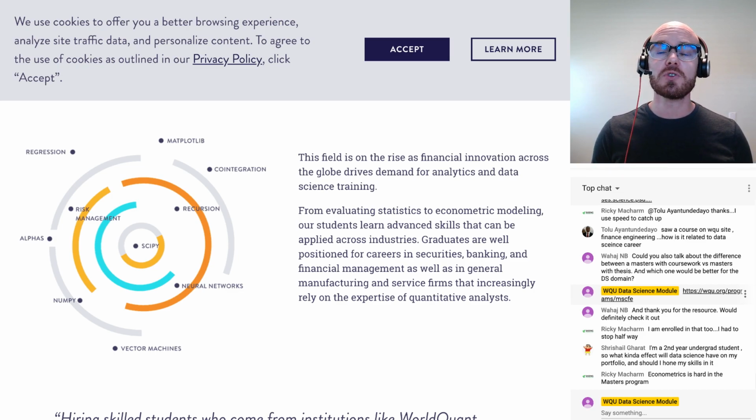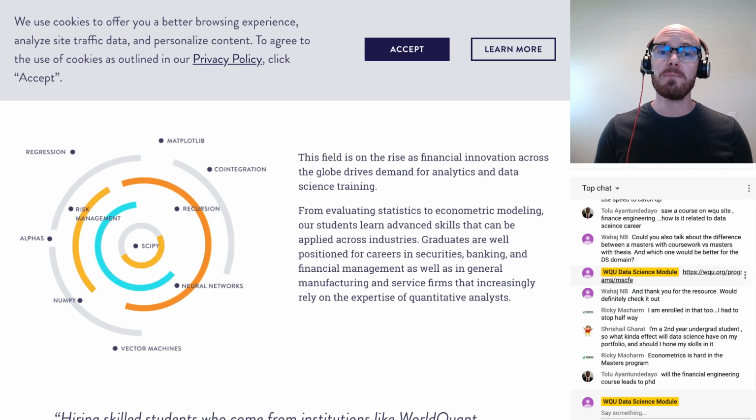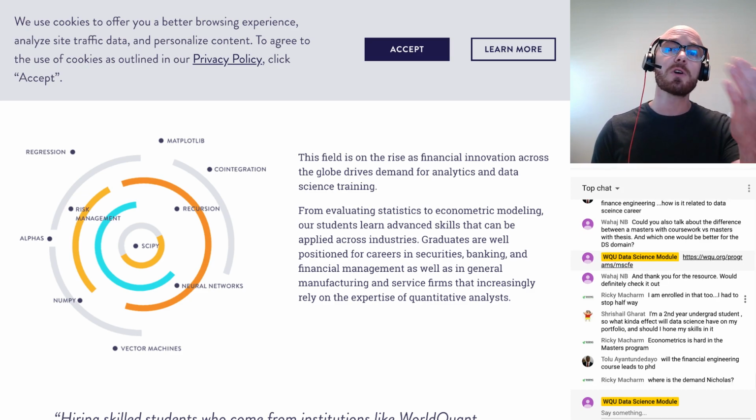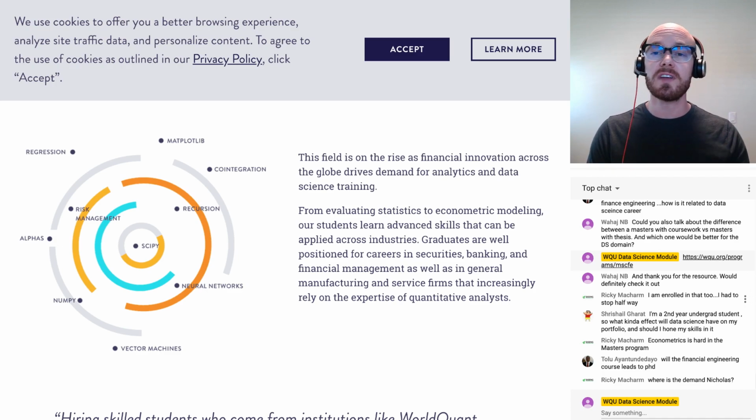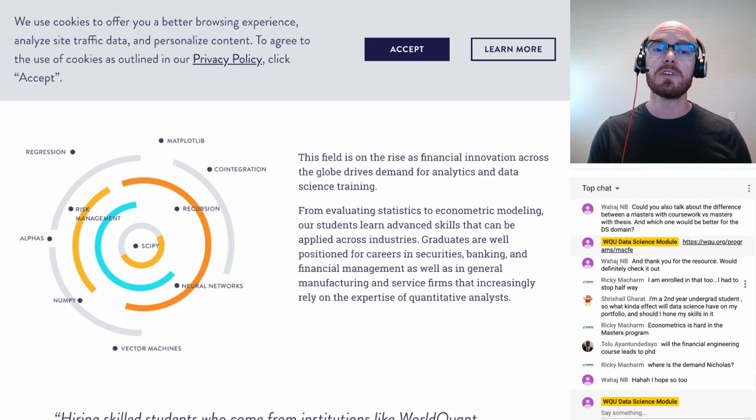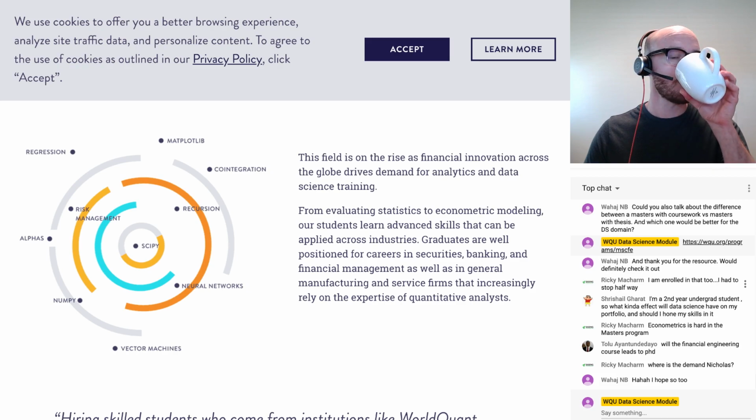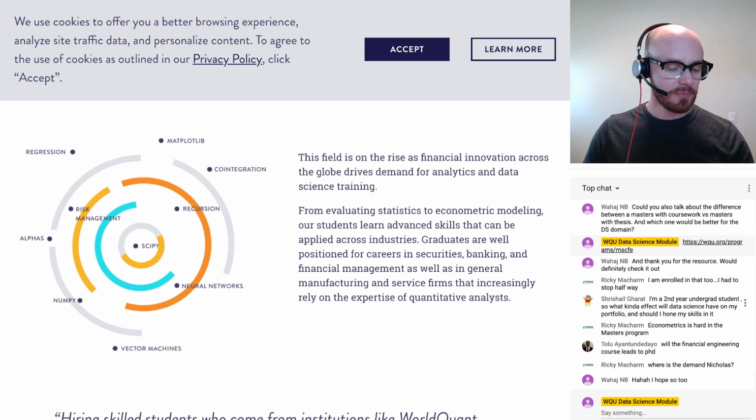Now, what I do think is important to have when you go out onto the job market is some sort of portfolio where you showcase the work that you are able to do. And that might be a thesis, or it might be a bunch of repositories on your GitHub page. You might say, hey, I can work with time series data, here's an example on my GitHub page. Hey, I can work with NumPy and SciPy, I can build a model, et cetera.